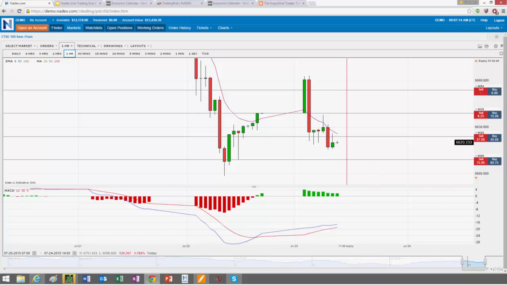Right now on the FTSE, the hourly candlestick is a doji, and I've got to take a quick